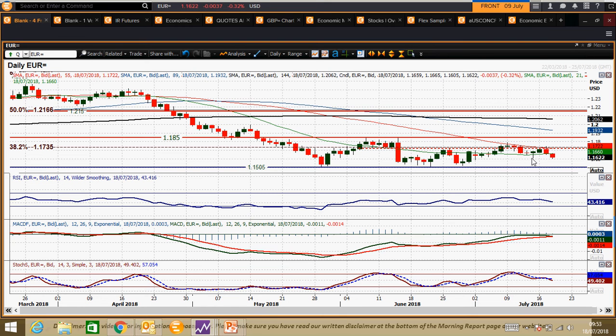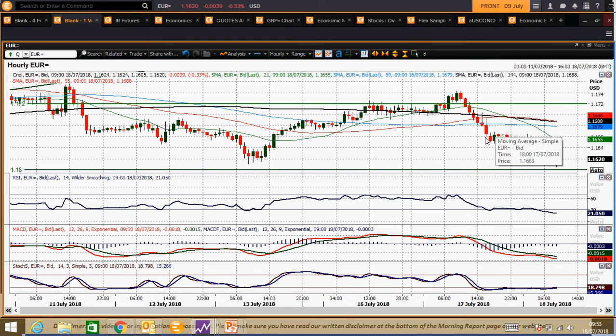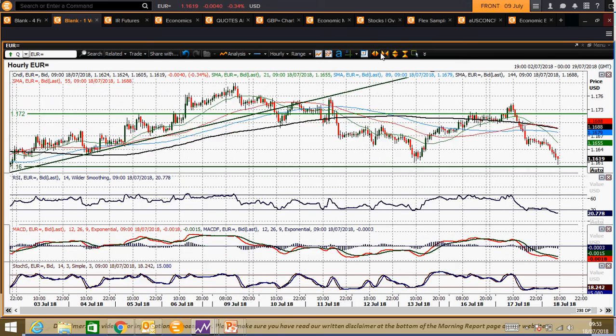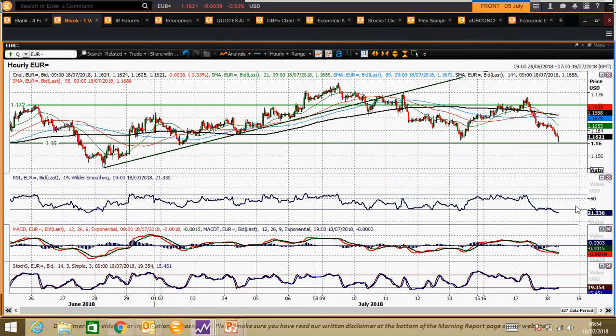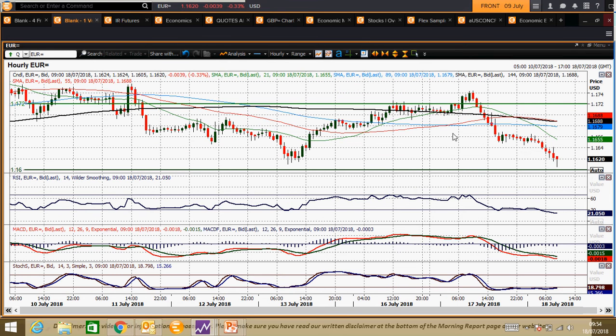1610, as I said, is initial support, last week's low, and a closing break below that is really looking at that breakdown. What we're looking at also on today's measure is this dollar strength we've got, but there's a slight stretched element to the momentum indicators on a very near-term basis. You could see a little bit of a consolidation or slight unwind, but to be honest, it's all fairly negatively configured now, and little intraday rallies would tend to be seen as a chance to sell because you've got all these moving averages falling away.